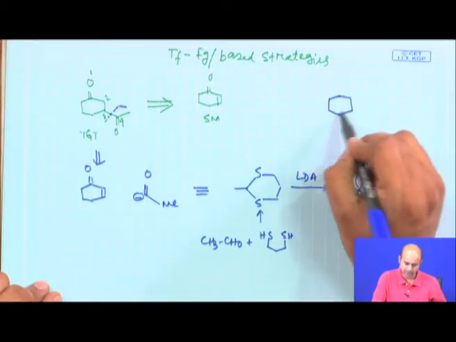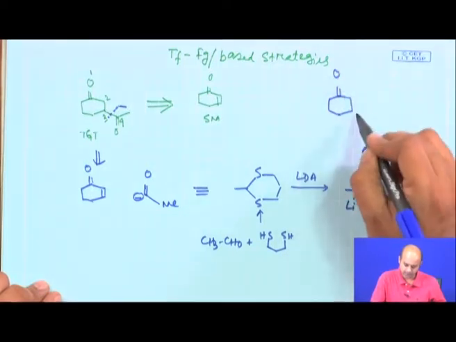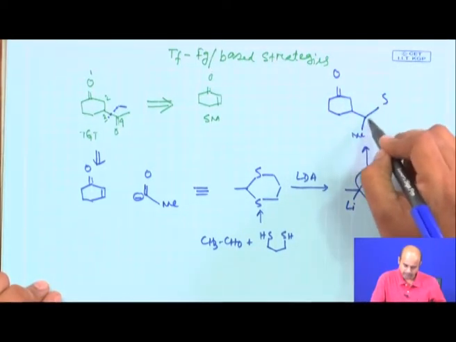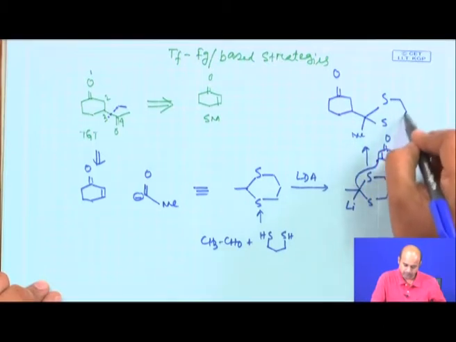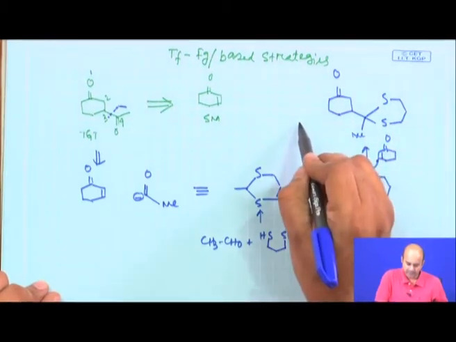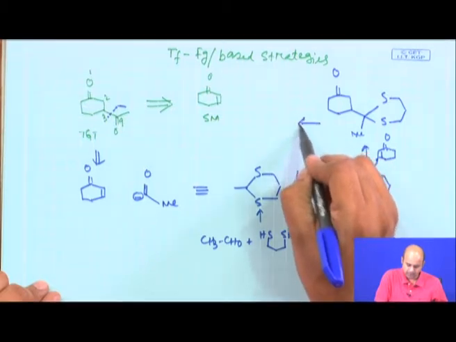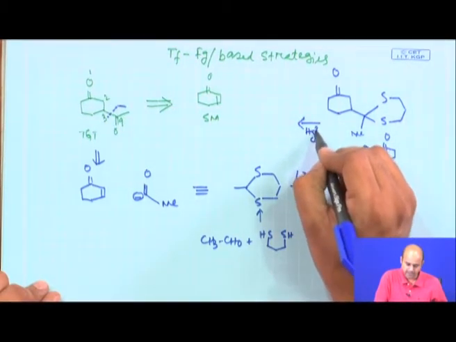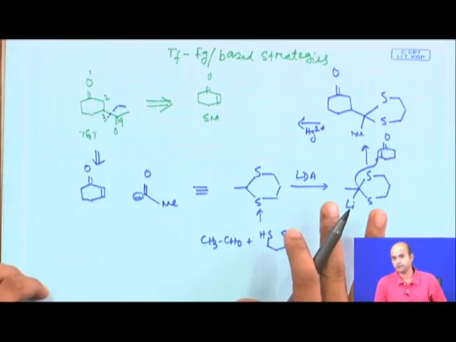So, you will basically get... fine. Next step is only remaining, you have to remove this 1,3-dithiane group, that you can do by Hg2+. Now, this is very straightforward, absolutely straightforward, there is no hidden